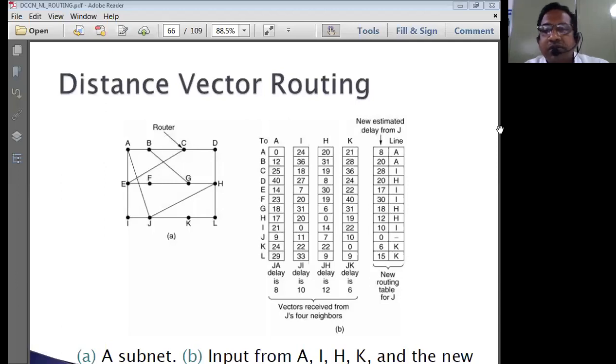So we try to discuss about this distance vector routing algorithm. So distance vector routing algorithm is almost similar to the shortest path routing algorithm with minute difference. The shortest path routing algorithm is basically a static routing type of the algorithm, whereas distance vector routing is a dynamic routing algorithm. So we know the difference between static and dynamic. Dynamic table always going to change in the network of networks, whereas static routing table is not going to change.